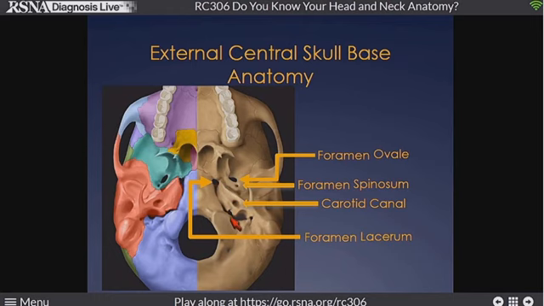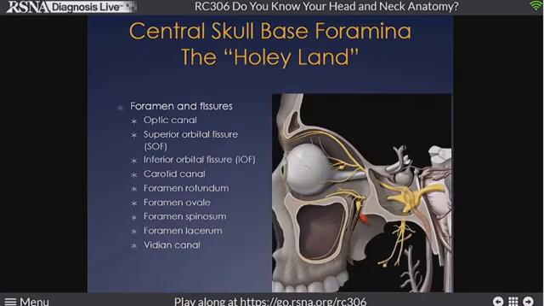And that development here along the petroclival fissure back to jugular foramen is a very important landmark. I just want to kind of hammer that home for you. Now, when we look at the foramen in the central skull base, it has been appropriately called the Holy Land, with an E. Many foramen and fissures here. Cranial nerve 5 is kind of a nice landmark for us, and when we think of the foramen in the central skull base, allowing 5 to kind of be your guide is a reasonable thing.